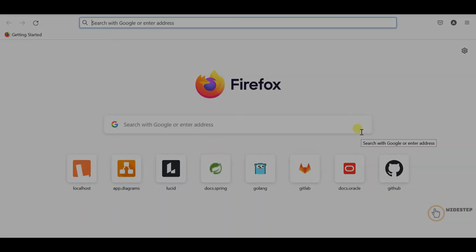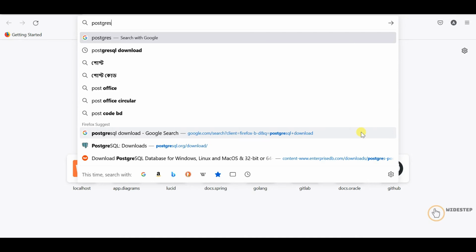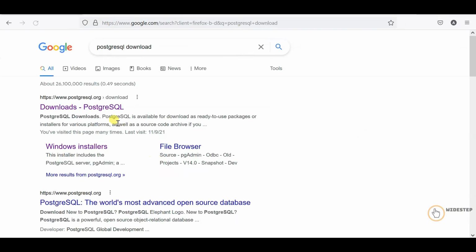Hey there guys, in this demonstration video I'm gonna show you how to download, install and configure PostgreSQL database on your local machine. So open up your browser and type in PostgreSQL download and click on the first link,